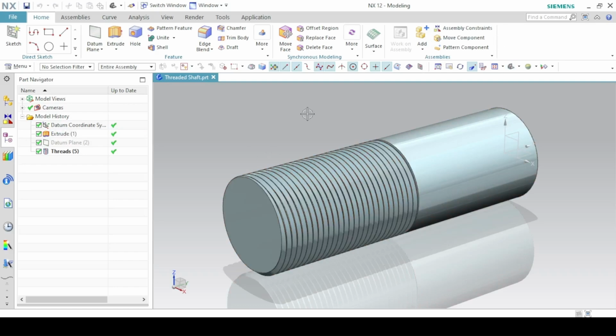Welcome back to another CAD/CAM tutorial. In this video, I'm going to show you how to add threads in Siemens NX. So whether it's a shaft or a hole that you are creating and you want to add threads to it, I'm going to show you how to do that. It's very simple. Make sure you watch the video to the end so we know how to add these threads